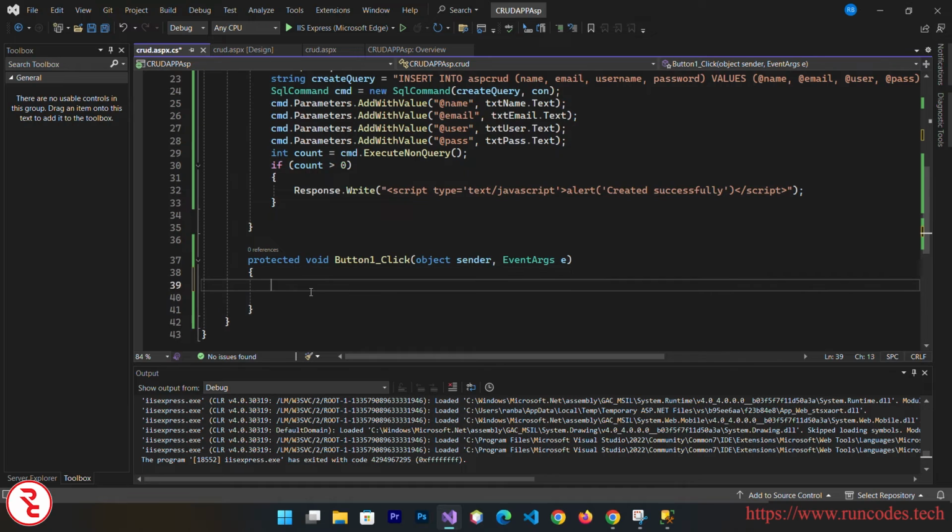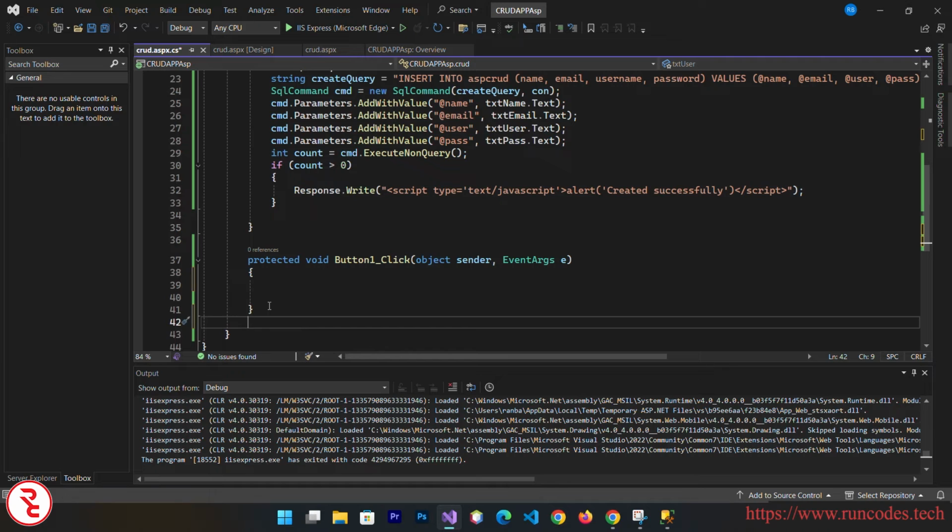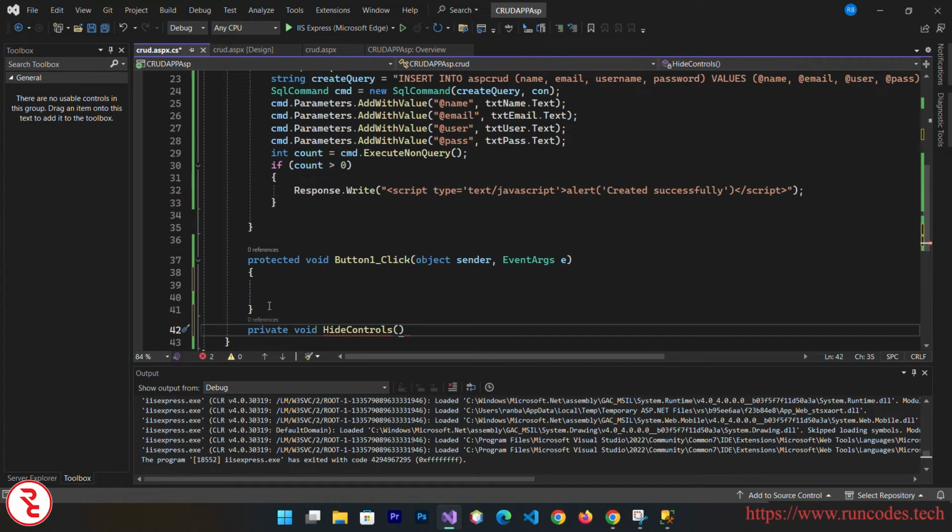And here we need to hide those text boxes. So here I'm going to define one function, private void HideControls,